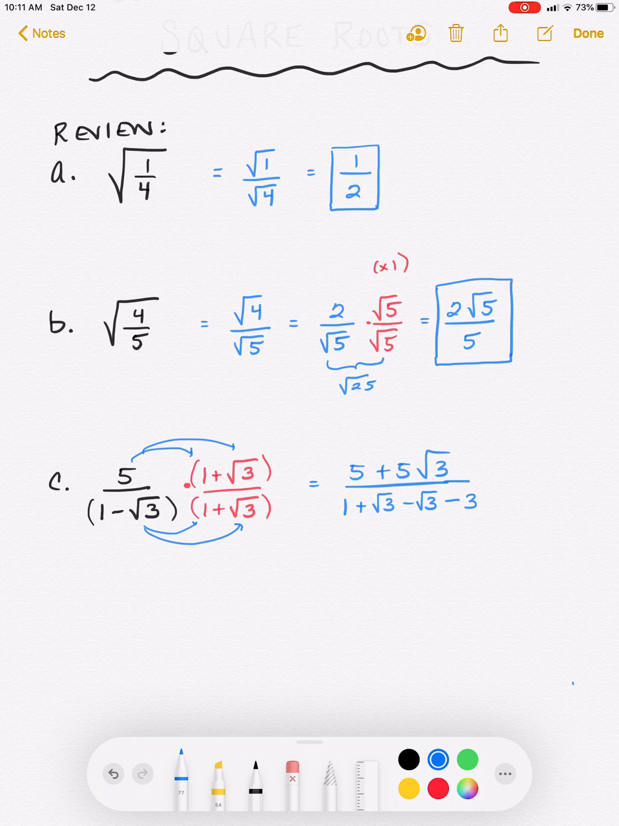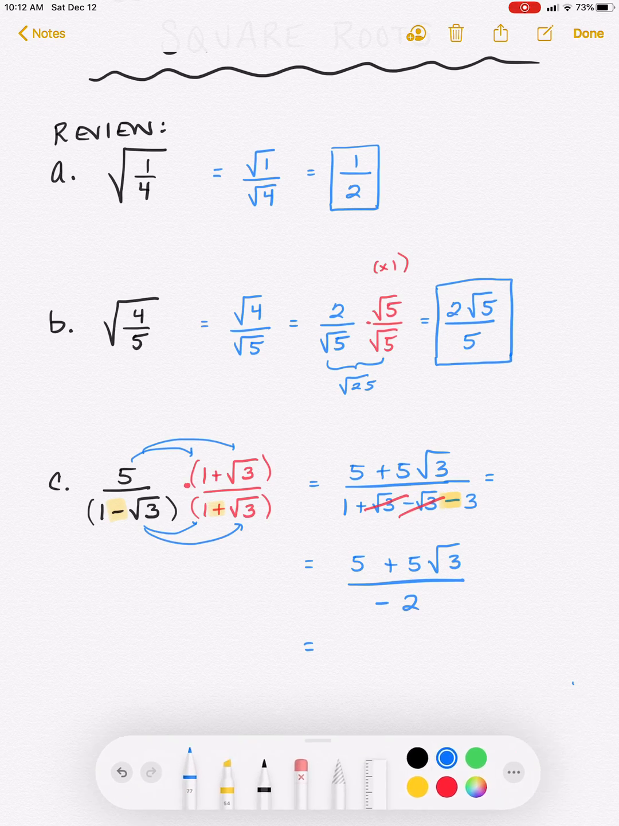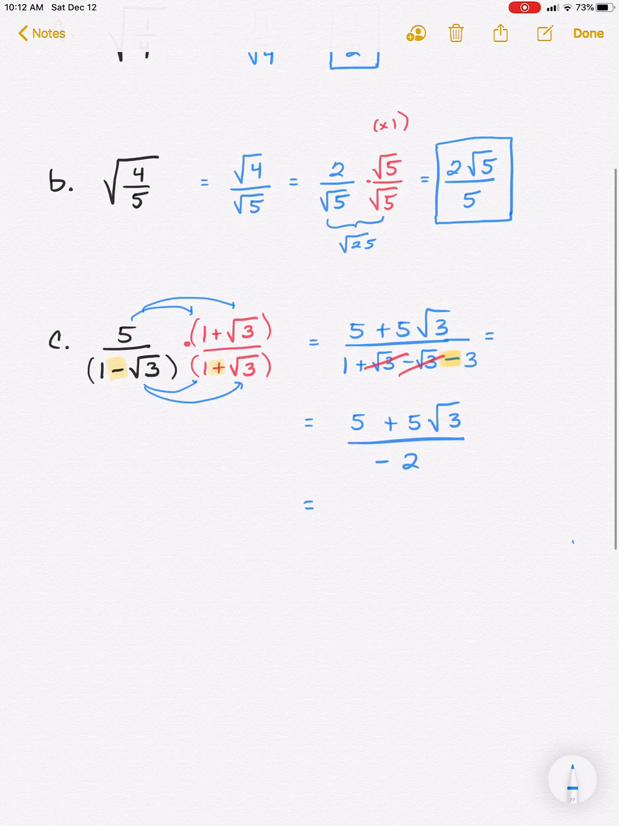minus 3. Now let me give you a heads up with this. In the denominator, when you multiply conjugates, one will always be negative and one will always be positive. Your last term right here will always be a minus, okay? That tends to be something that students mess up on, is they get the wrong sign right there. So the final simplified form is going to be 5 plus 5 square root of 3. We see here that what happens is the square roots cancel, and we're left with 1 minus 3, which is negative 2. Now, I'm not terribly concerned if you leave your answer with a negative 2 in the denominator,